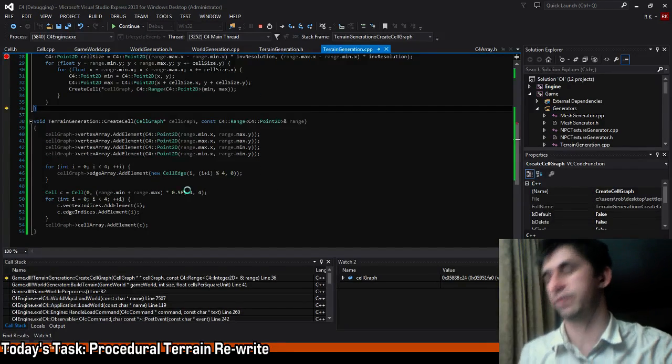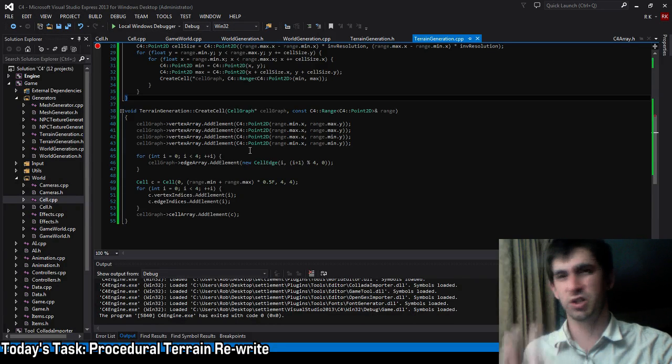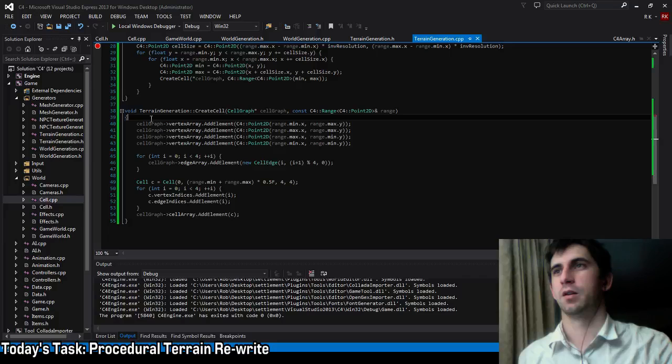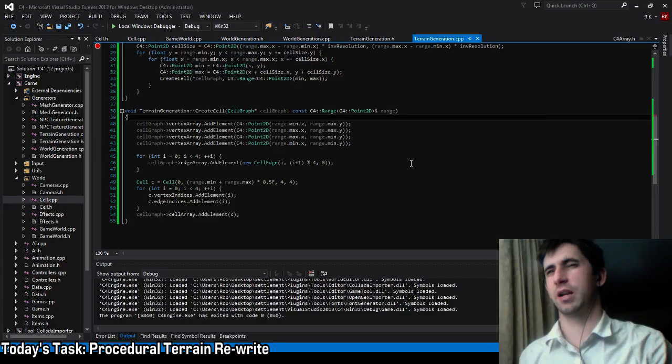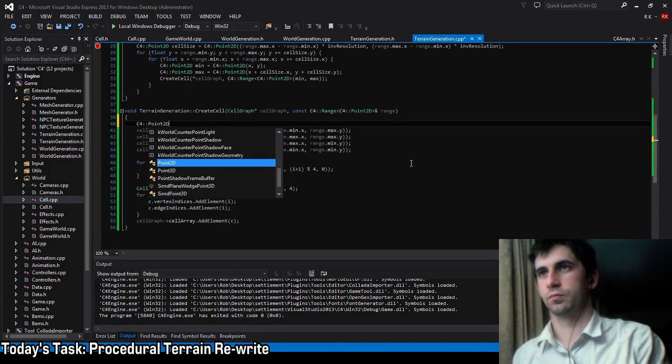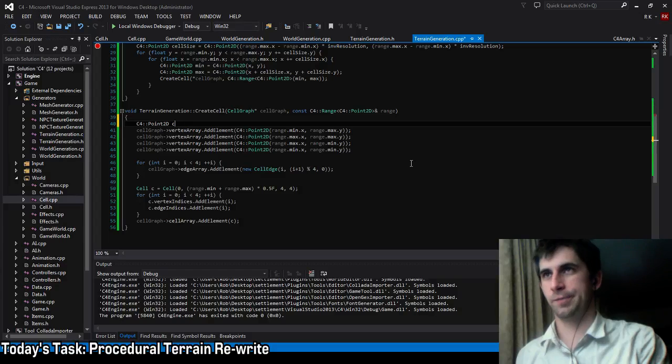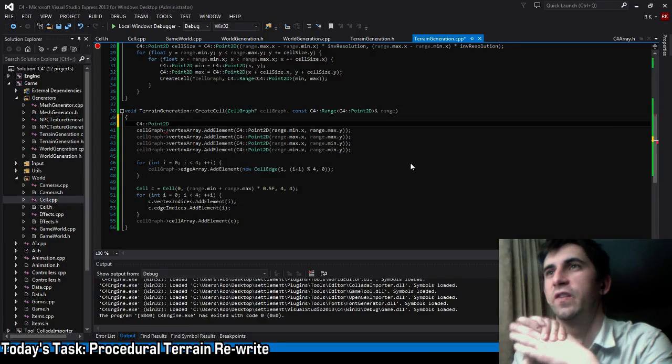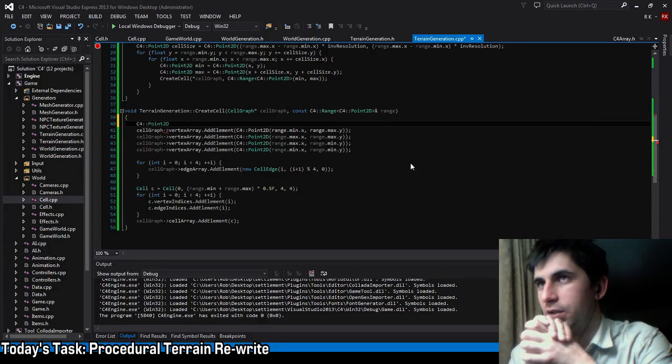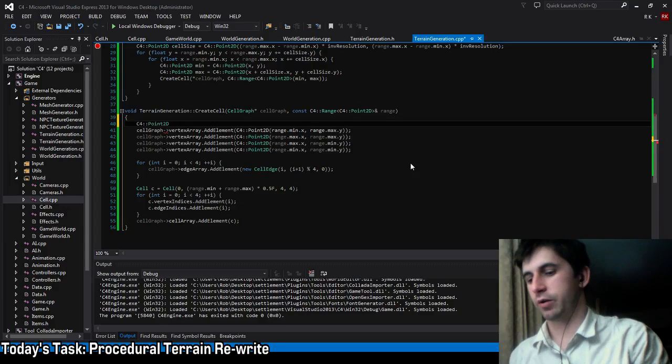Oh, we haven't modified our create cell function to use existing vertices. That's why we're creating some weird stuff here. Let's see here. How do we do this? How do we do this? You are going to be